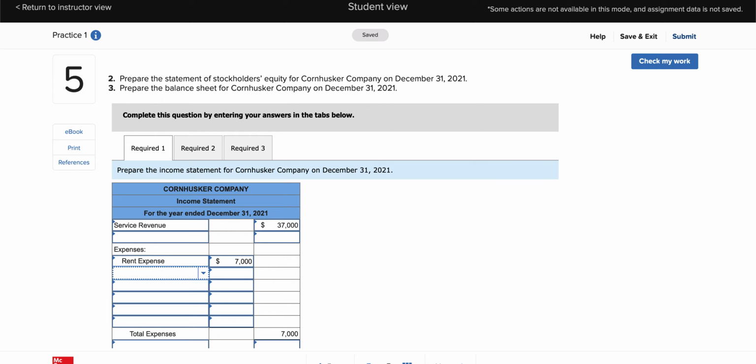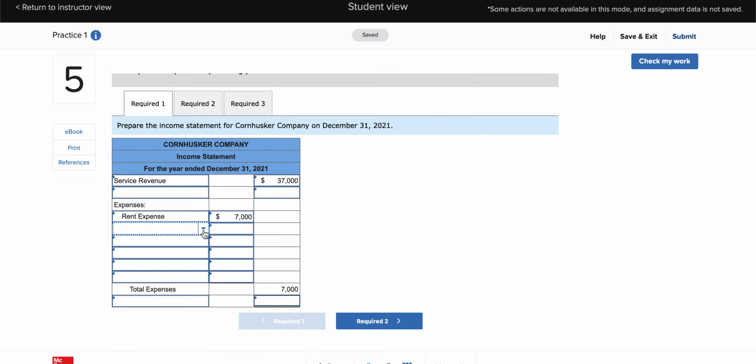And you don't want to put that in as a negative, even though you're going to subtract it. You just list them all. You'll get total expenses. And because we know that it's revenues minus expenses, that's just something that is known there. I think it will actually allow you to put the negatives in if you choose to, but it's actually not required. So rent expense, the next thing we have listed is utilities expense,